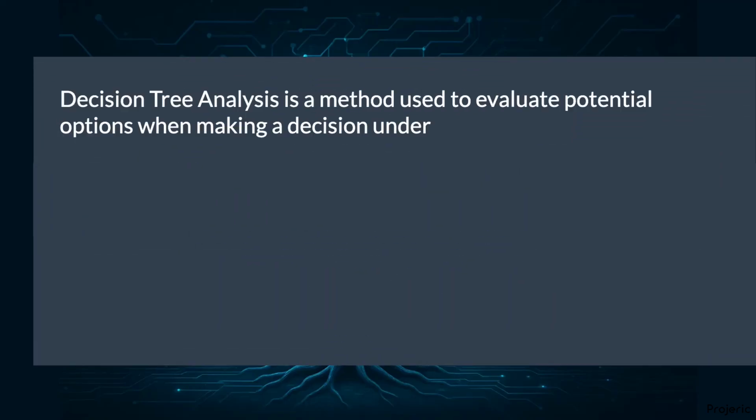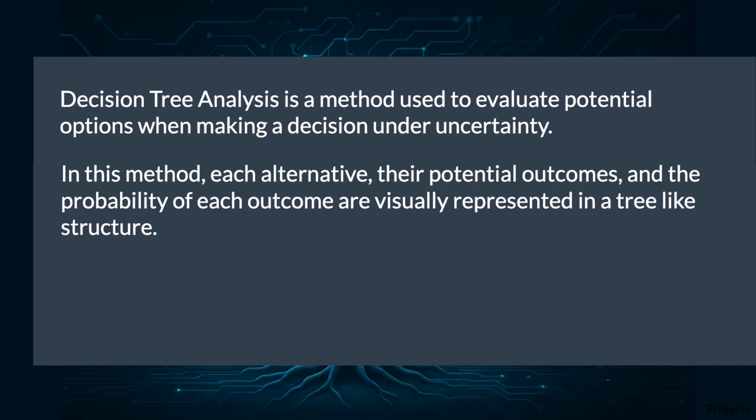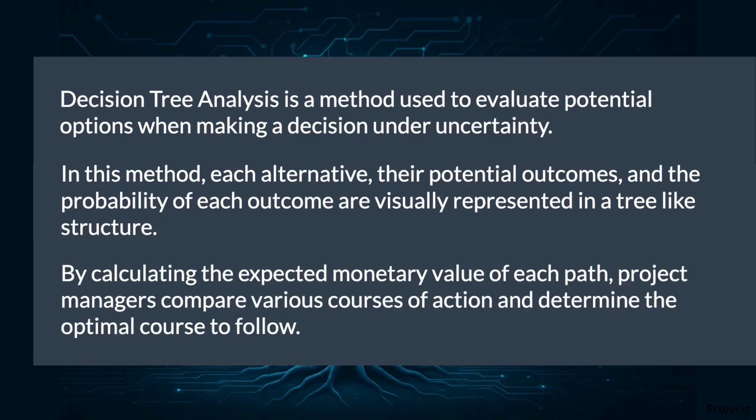Decision tree analysis is a method used to evaluate potential options when making a decision under uncertainty. In this method, each alternative, their potential outcomes, and the probability of each outcome are visually represented in a tree-like structure. By calculating the expected monetary value of each path, project managers compare various courses of action and determine the